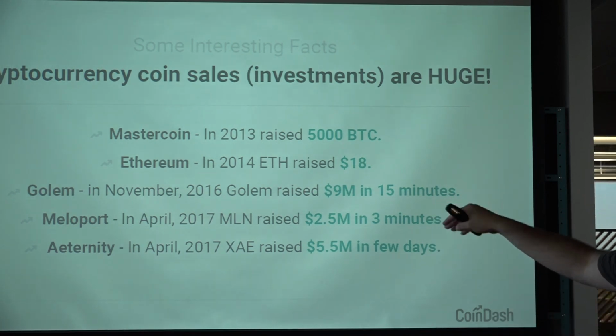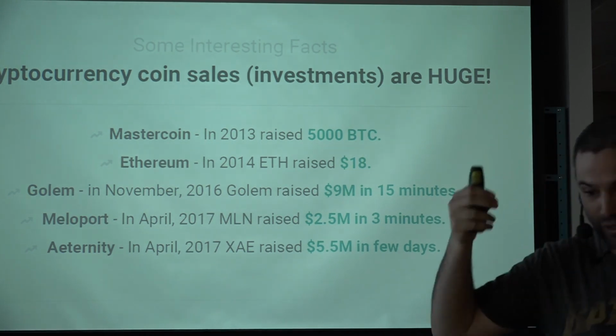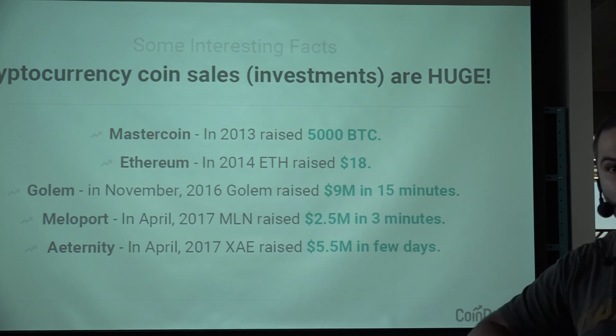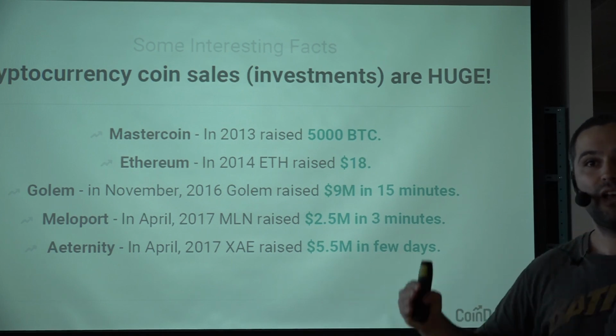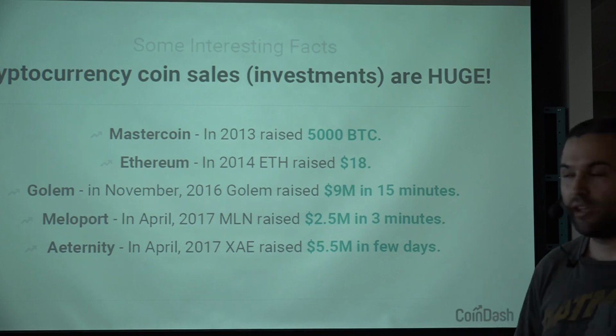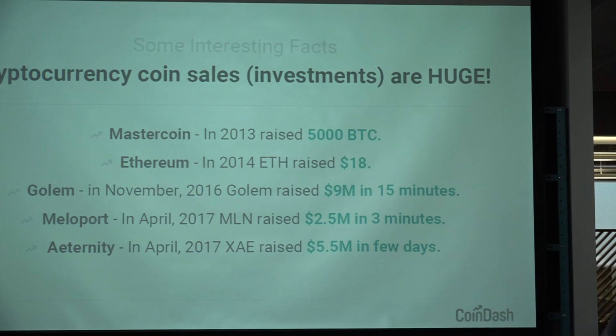So Golem 2016 raised $9 million in 15 minutes. That means that now I've started a contract, 15 minutes from now, I've raised $9 million, sold out every token I wanted, and raised $9 million in Ether. And it's not something that happens once a year. It's something that happens once every 3 or 4 weeks. The big ones, that is. ICOs happen every day. Today there were 2. So the big ones happen once a month.